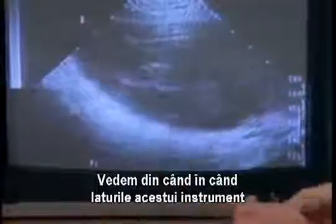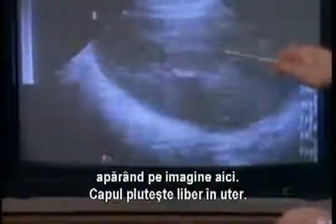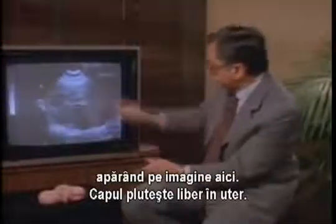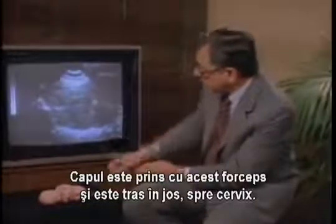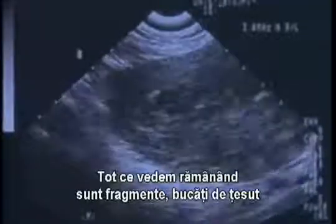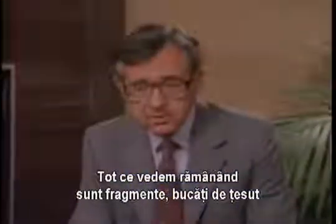We now see intermittently the shanks or blades of this instrument appearing in the image here. The head tends to float freely in the uterus. Here are the shanks or blades of the instrument coming across here. And the head is now being locked on by this polyp forceps, and the head is being pulled down toward the cervix. Now all we see remaining are simply the shards, the broken fragments, the pieces of tissue